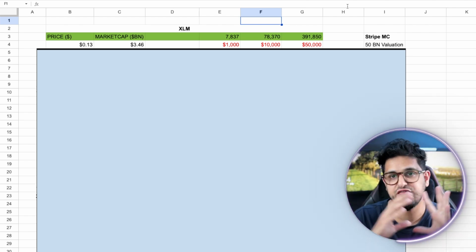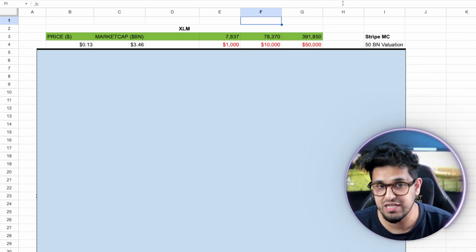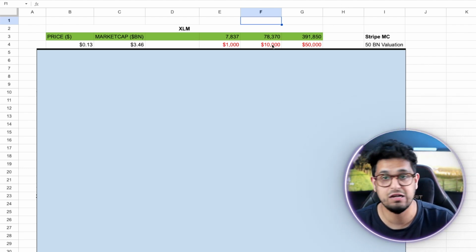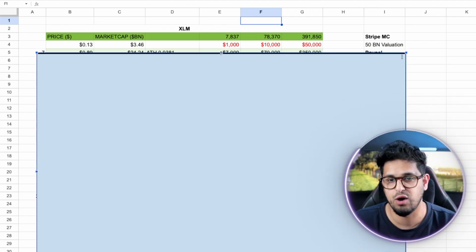Now, these numbers are for illustrative purposes only. Scale them up or down based on your ability, right? If you can do 1,000, do 1,000. If you do 10,000, you can do 5,000. Go with whichever number. But I'm going to show you the way I model this out in terms of risk